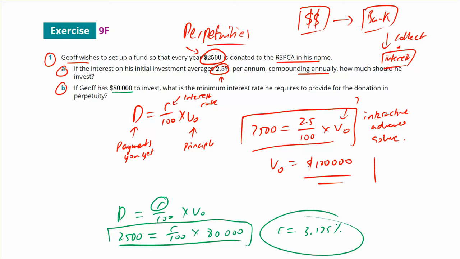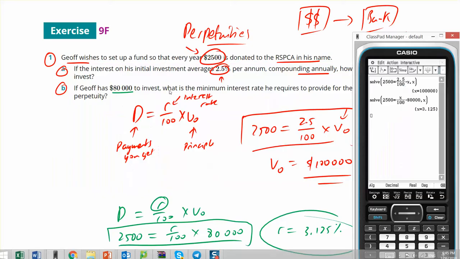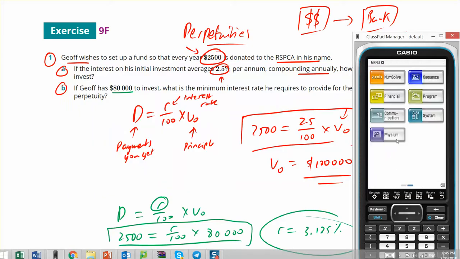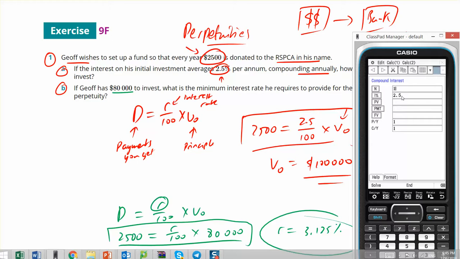Now, because we're finding the interest rate, we can use Financial Solver for this one. So if we go N equals 1, we want to solve for the interest rate. My present value is negative 80,000, because at the start you're putting money in the bank, so you're losing that $80,000. My payment is 2,500, and my final value is 80,000, because if you want to end the perpetuity,